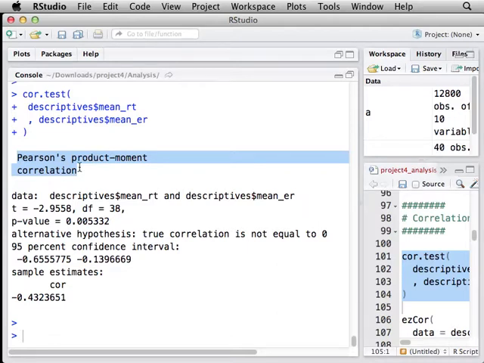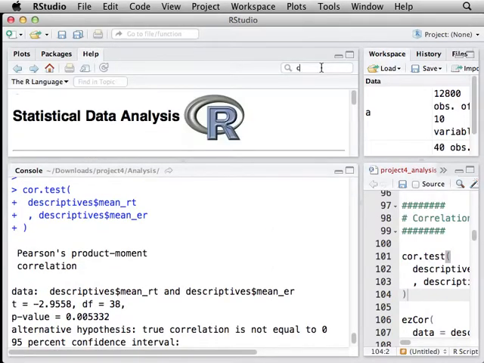Those are triggered by different arguments to cor.test. We didn't supply any extra arguments to cor.test, so it used the default, which is Pearson's product moment correlation. If you want to see what the alternative options are, we could go to help and